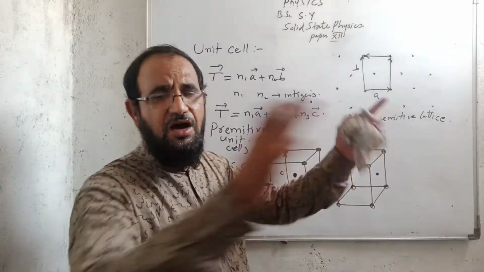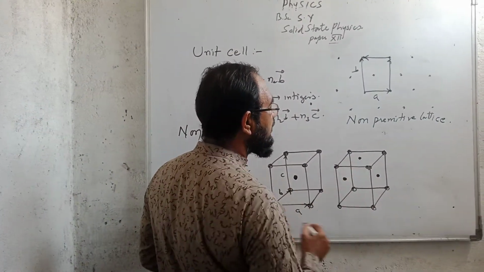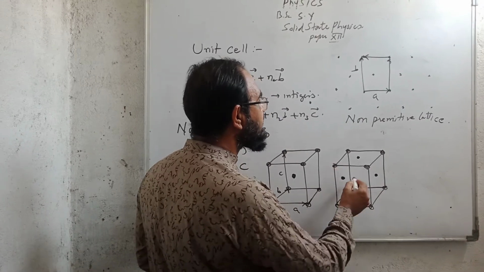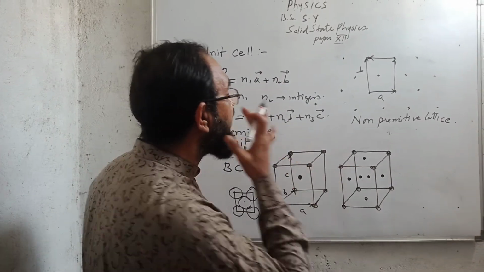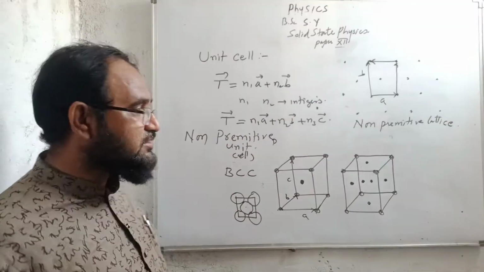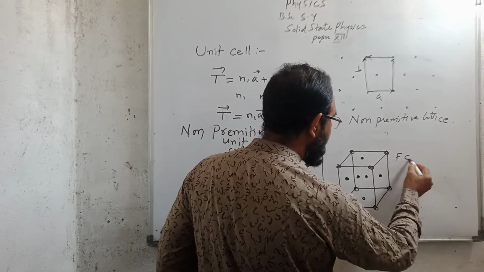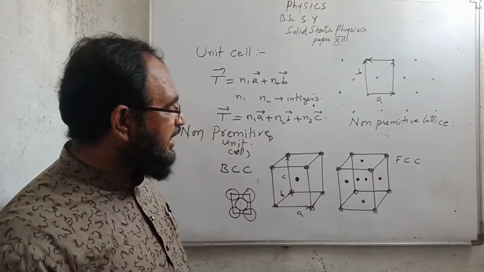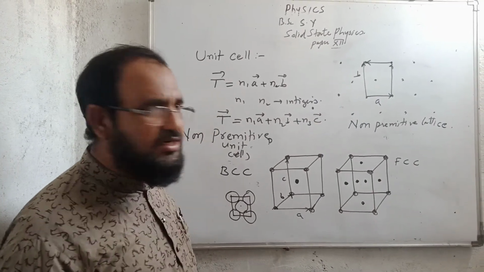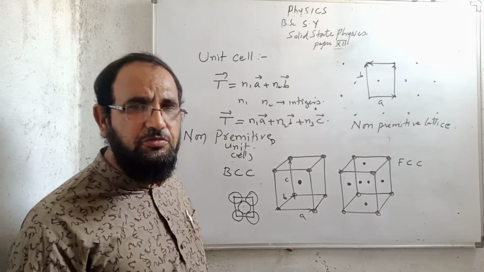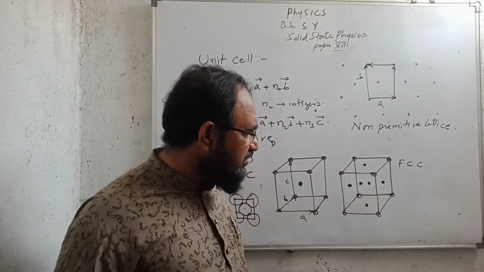We can just imagine a room having 6 walls. Okay. So here on this face there is one molecule, lower face one molecule, front face this, and back face. So there are 6 additional molecules, one on each surface. Such type of lattice is known as the face-centered cubic lattice. We will calculate afterward how many molecules will be there in simple cubic, in the body-centered, or in the face-centered.